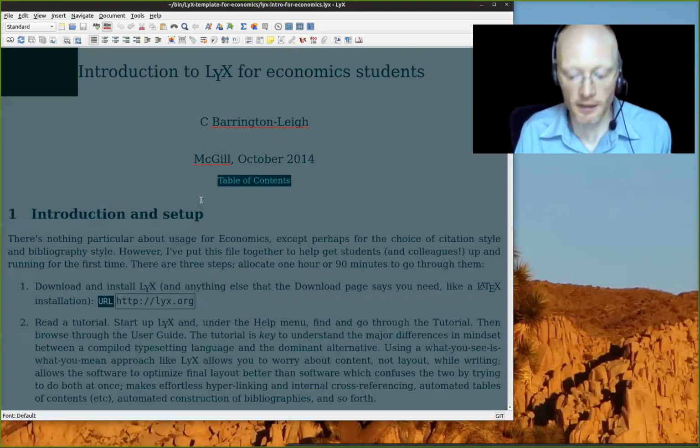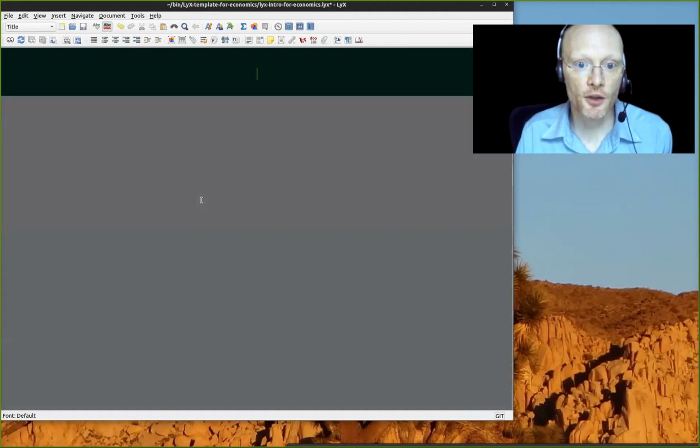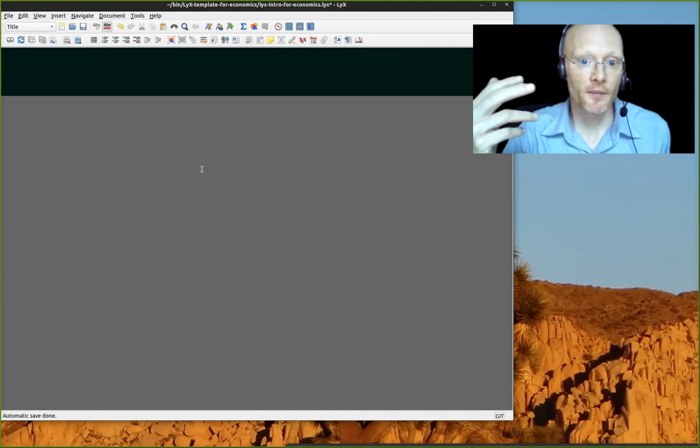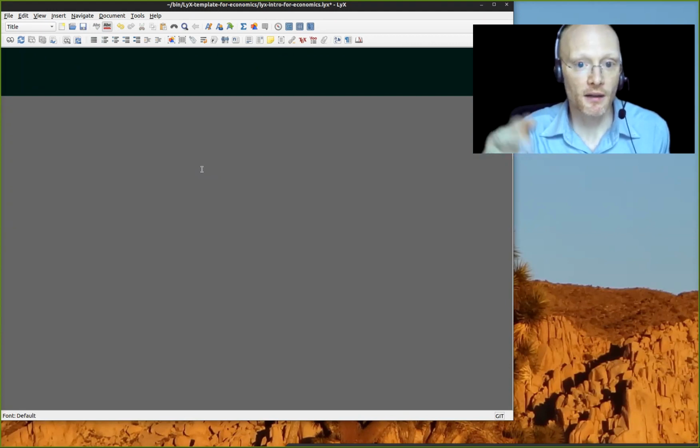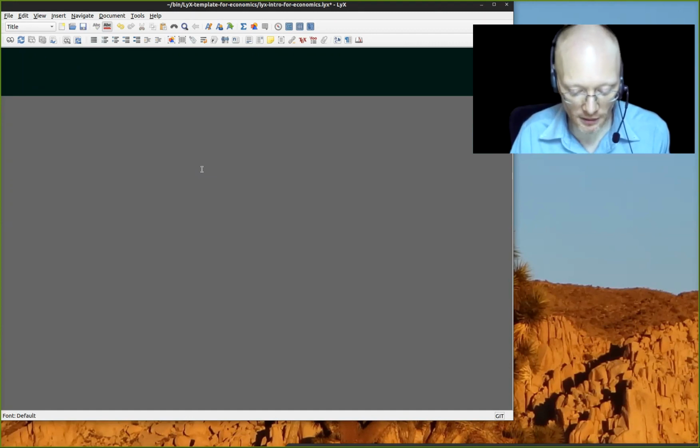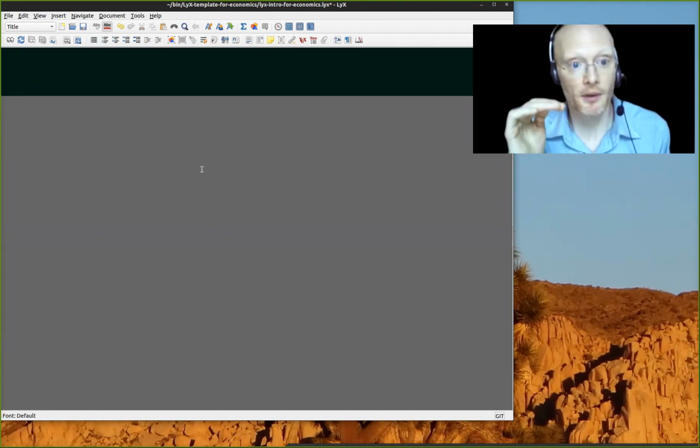Okay, I'm going to actually delete everything here so that we can start from scratch and just show you the basic steps to create a document. So there are very few different kinds of types of text that I want to enter. One of them is a title, an author, and then there's only a couple of different section heading levels, and